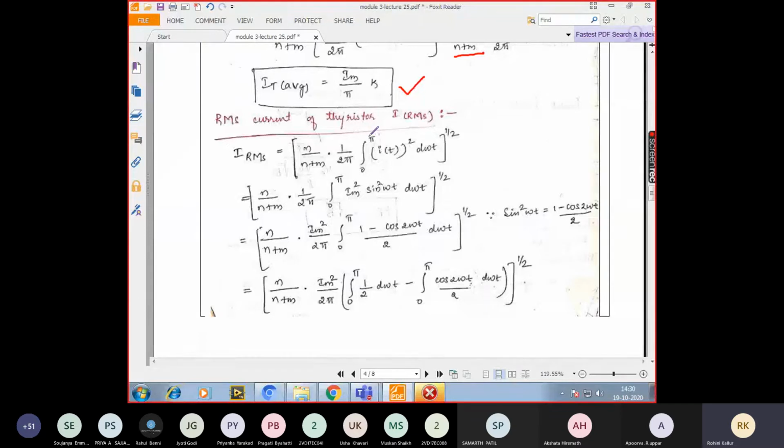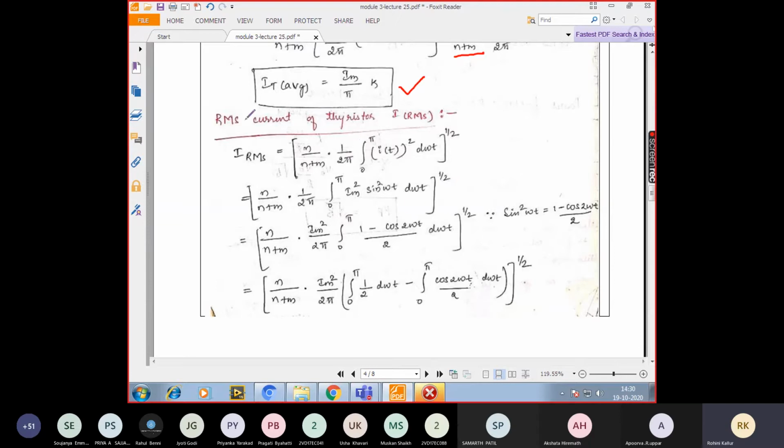Okay. And in this particular part of the module, you will be having the derivations in such a way that depending upon what is your circuit and what is your waveform, the limits will change. The rest all will be same. Okay. You will be having the same RMS current for thyristor calculation, your IT average calculation, your V naught RMS calculation. Everything will vary with respect to what you have for your output voltage. Whether I have my output voltage from 0 to pi, 0 to 2 pi, or alpha to pi, or pi plus alpha to beta, or something like that. Okay, depending upon that only your values change.